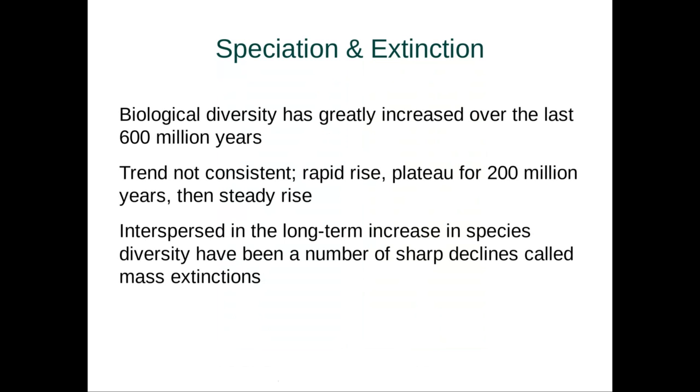Now, we know that not everything that has ever lived on this planet is still living with us, right? We know there are fossils of things that are no longer on this planet. However, we also know that there are things that have gone extinct in our lifetime. So, for instance, the dodo bird is a great example of this, something that used to exist on the planet, but has been driven to extinction, i.e. it no longer exists on this planet. Now, speciation and extinction go hand in hand with one another. Now, speciation leads to